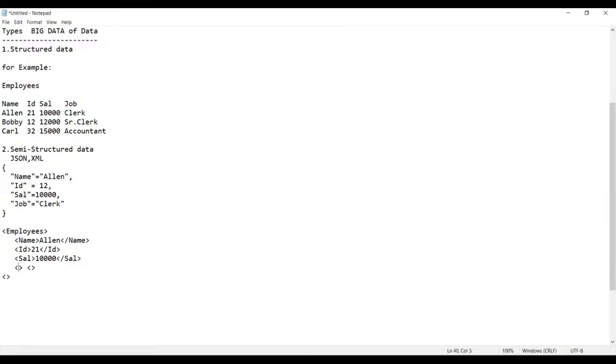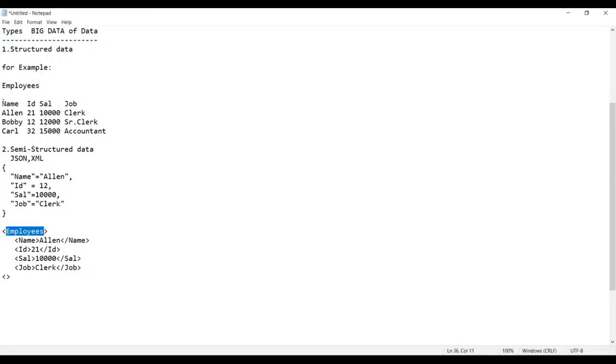This is what type of format, sir? XML. Okay. Now again, what do you have? Job. And what is the job value? Clerk. That's the first row. I'm writing only the first row here, nothing else. Close the job. That's it. Now the first row is completed. Finally, you have to close the tag here. So I'm closing the tag here.